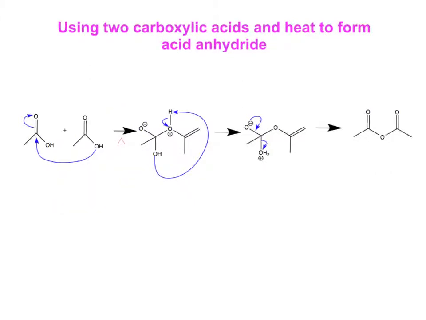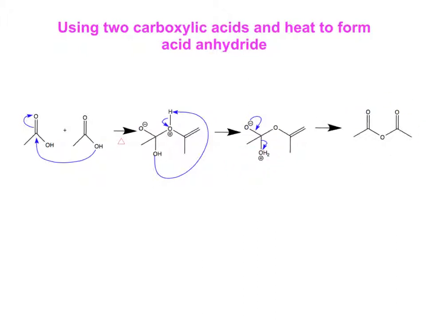Now for this reaction catalyzed by heat, we're going to see the lone pair of electrons come into the carbonyl carbon, kicking that negative charge off onto the oxygen. We're going to have this positive charge right here on this particular oxygen, and so in order to get rid of that, we're going to have a proton transfer, which leaves us with our great water leaving group, so that when this electron pair comes back in to form the double bond, the water will leave, and we're left with